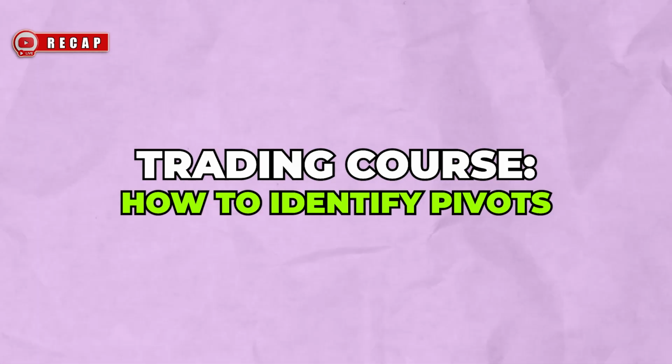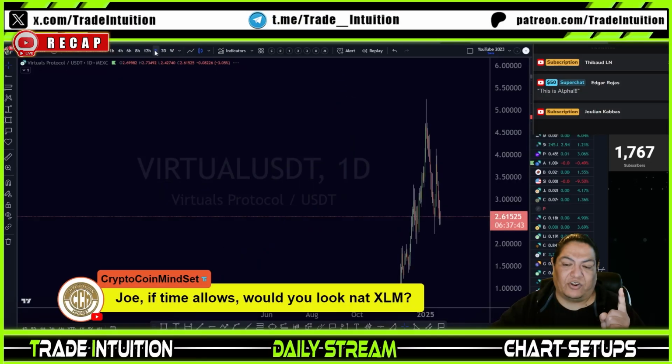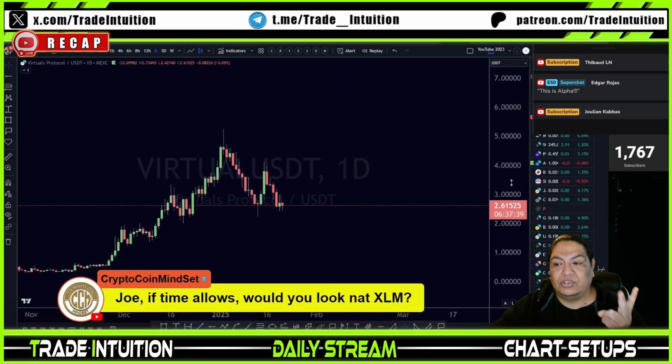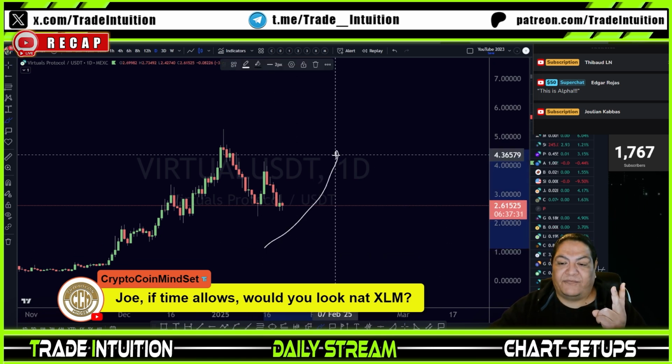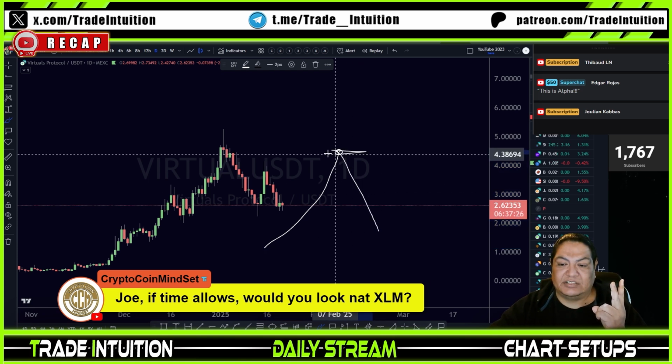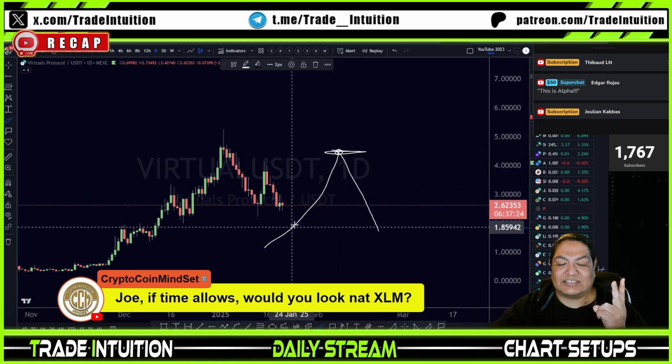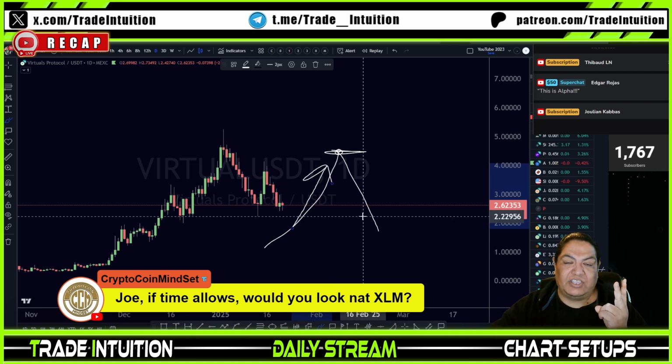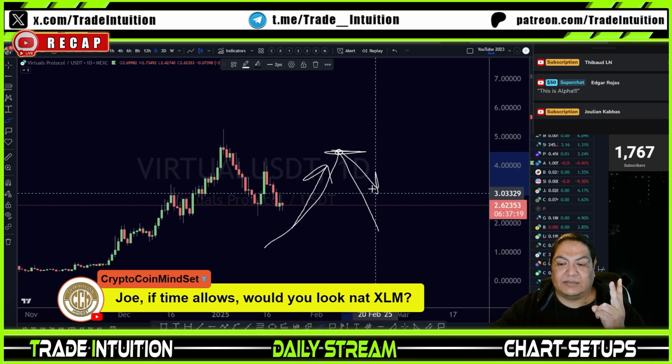Step one, go to a higher time frame. I prefer doing the daily. Step two is we're looking for pivots. We're looking for swings. Where did the price action go before it met resistance and came down? This resistance level is very strong because it stopped the momentum of the uptrend and started the momentum of the